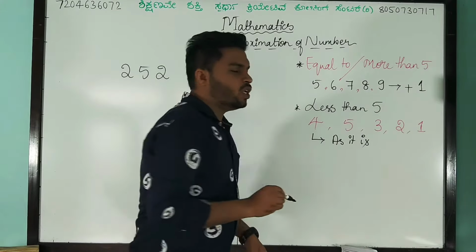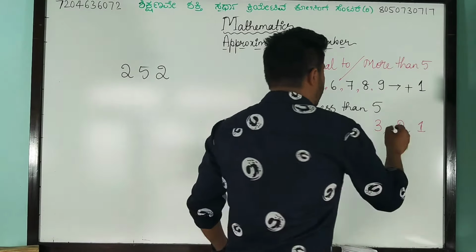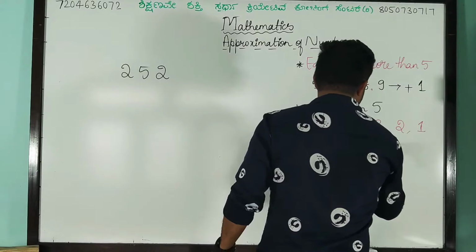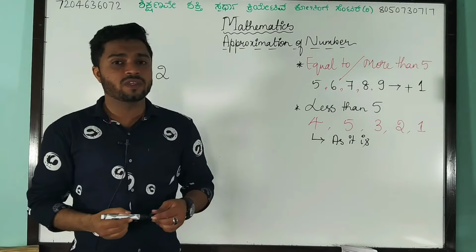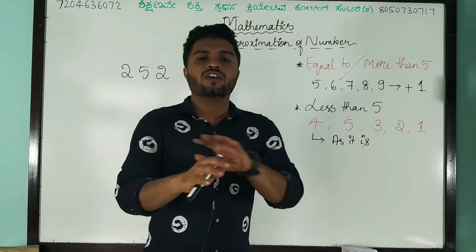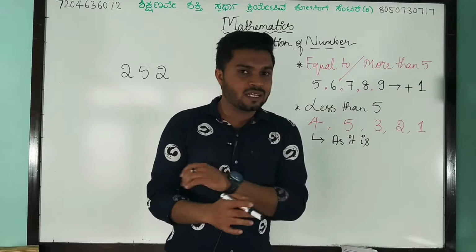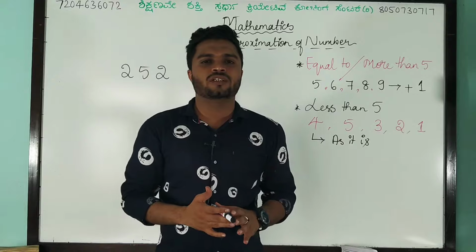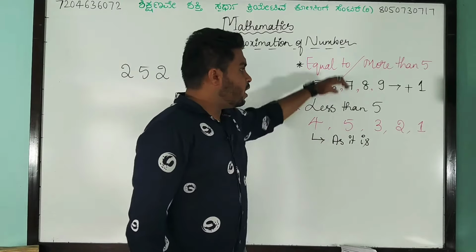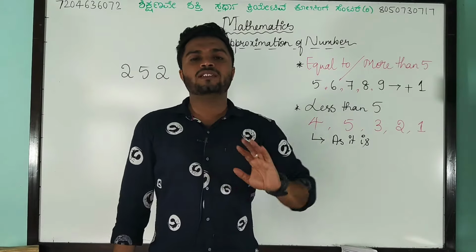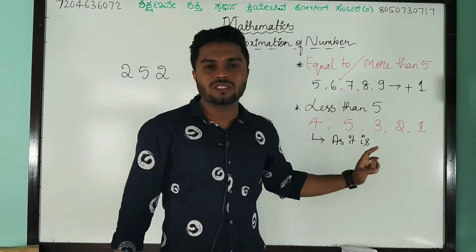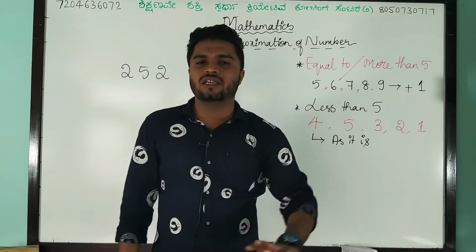No number gets changed here; the number only changes if it is equal to or more than 5. If it is less than 5, no number is going to change, it will be as it is. Done. So these are the important principles, or you can take them as rules, that you will come across in the lesson called